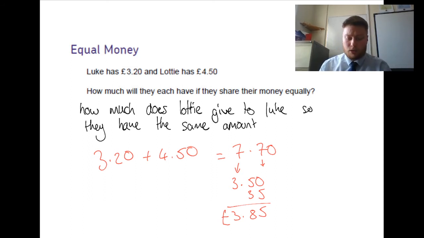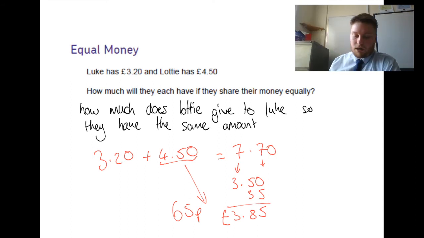And so what we would do then is we would have to find the difference between £4.50 and £3.85, which is 65 pence. So if Lottie gave Luke 65 pence, they would both have the same amount. It's a common sort of question that appears towards the middle or beginning of the paper. Quite simple, but when you don't have